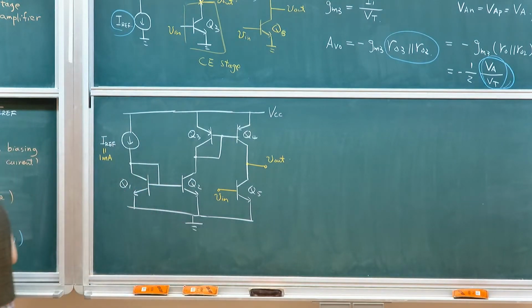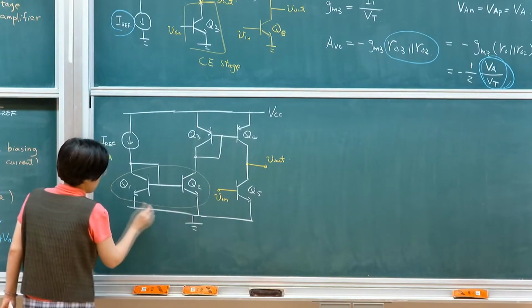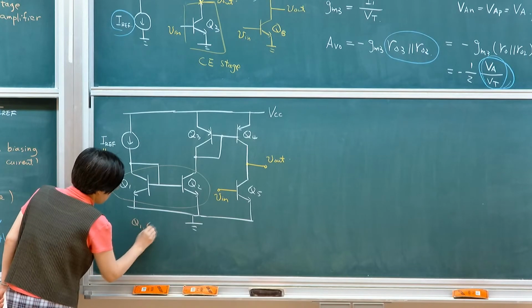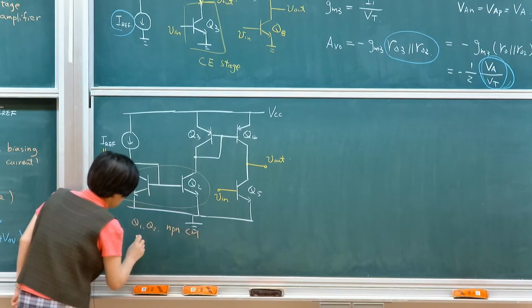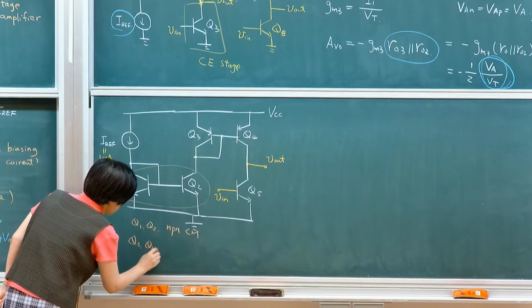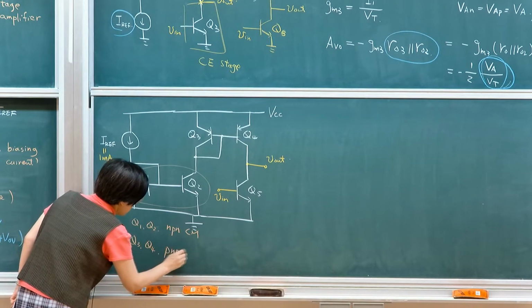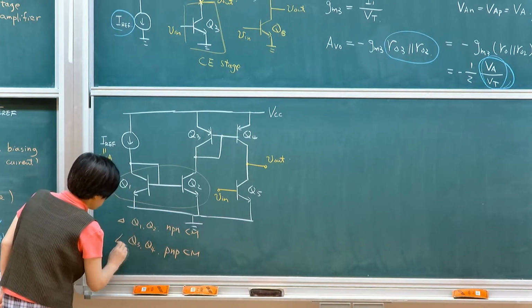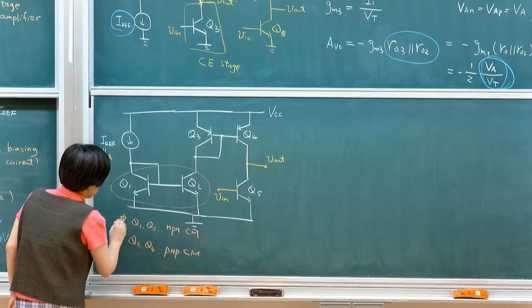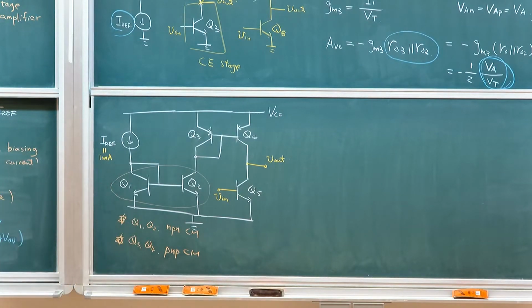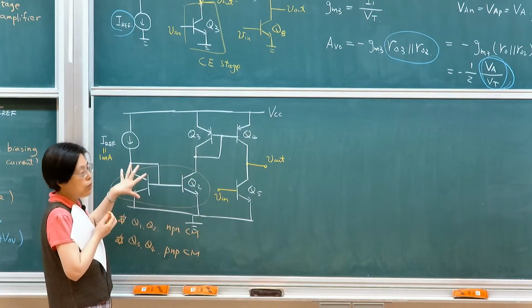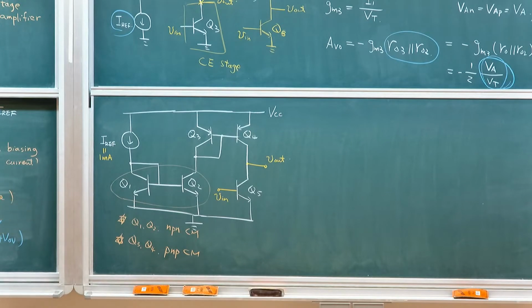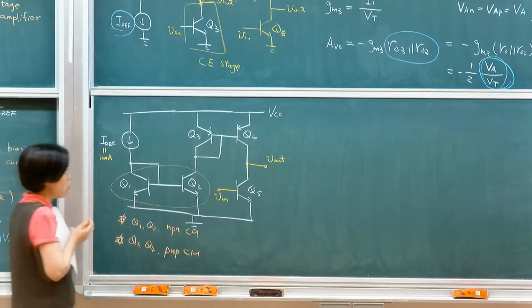And each pair, so I have two pairs. I have Q2, Q1 as one pair. So Q1, Q2 is an NPN current mirror. Q3, Q4 is the PNP current mirror. So you should be able to first identify what these transistors or circuits are meant for: mirroring the current down to bias the final, the actual amplifying